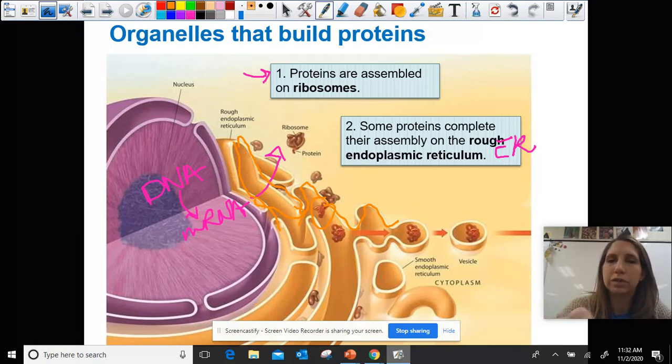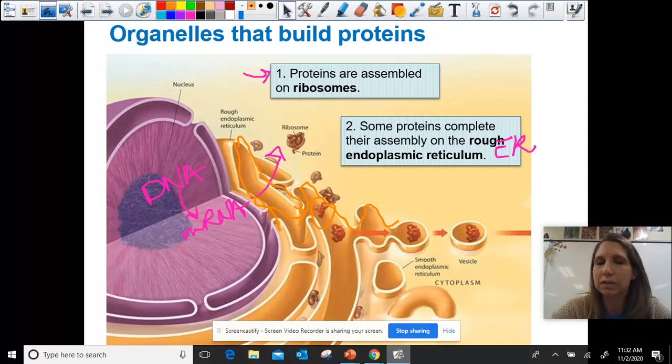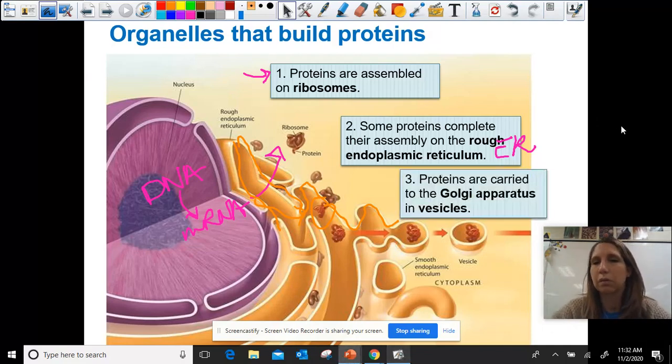The rough ER helps to build proteins also. So usually what I say for a definition for the rough ER is that it works with its ribosomes to help build proteins. And then beyond that, if we want to take proteins and actually push them out of the cell or use them within the cell for something, they're going to route themselves through what we call the Golgi apparatus. And the Golgi apparatus, its job is to sort, modify, package, and kind of label all of our newly made proteins. So sorts